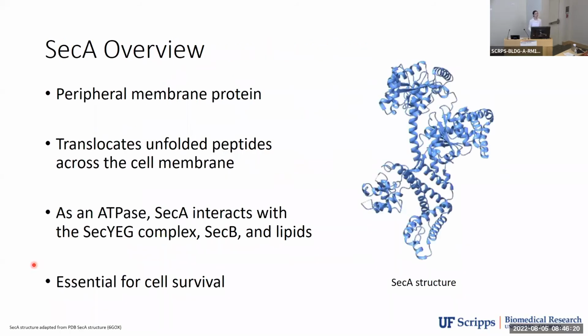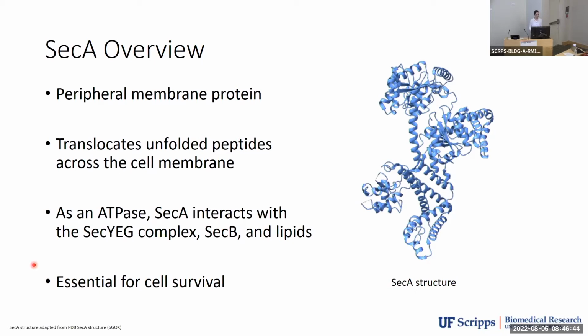The specific protein that I used in this study is called SecA. SecA is a peripheral membrane protein that translocates unfolded peptides across the bacterial cell membrane. SecA works as an ATPase, meaning it breaks down ATP into ADP to provide energy for this reaction. SecA interacts with the SecYEG complex and SecB, which are two other proteins, as well as lipids to allow for